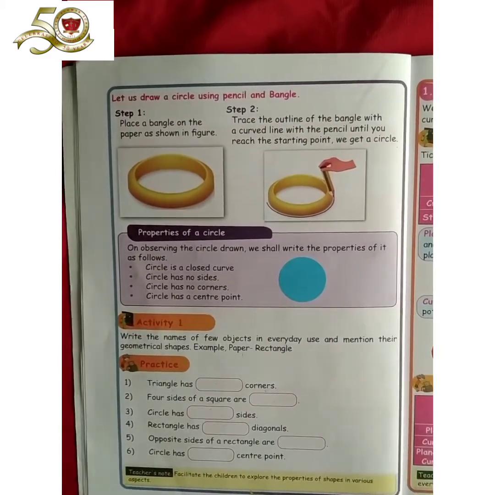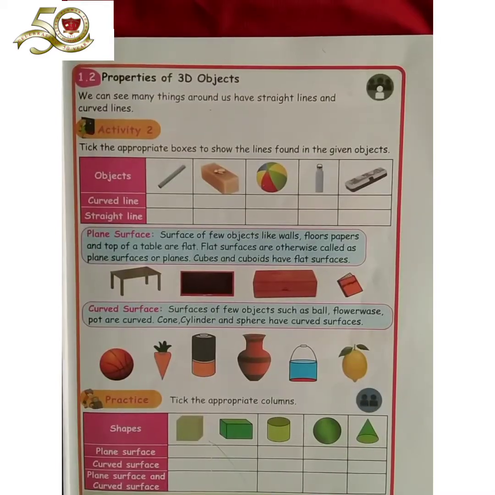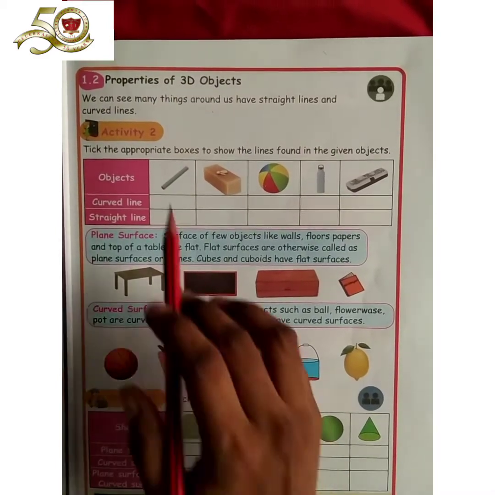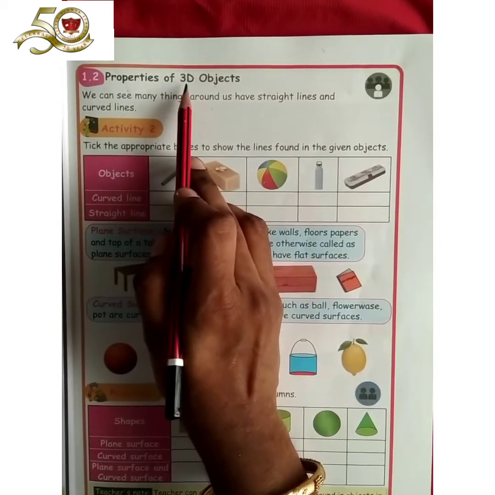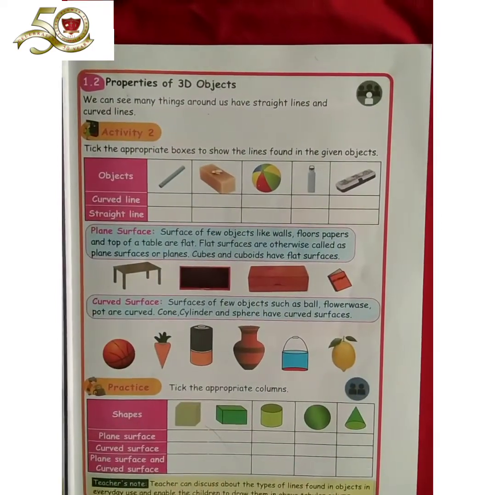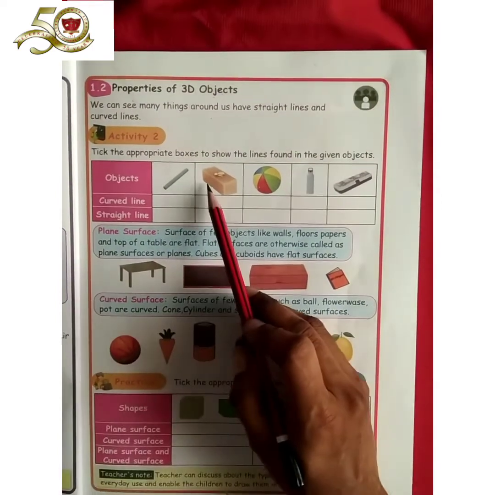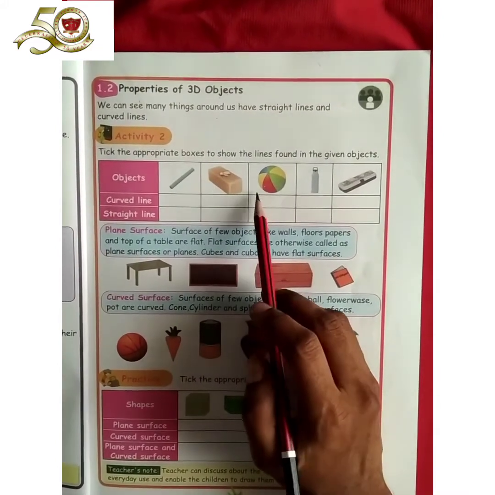And shall we go to 1.2? Page number 5. Students, take page number 5. Properties of 3D objects. What do you mean by 3D? It is 3-dimensional objects. You can see the objects in a 3-dimensional way. See here, I can see it in 3 ways. 1, 2, 3, isn't it? A 3-dimensional way. We can see